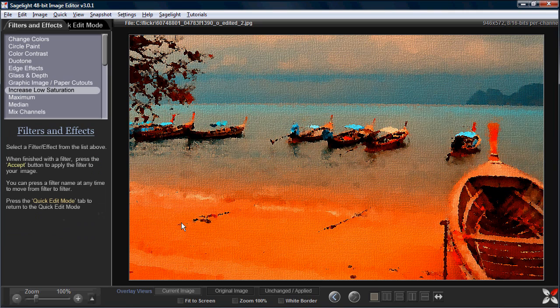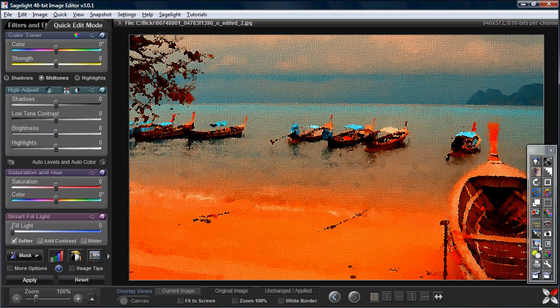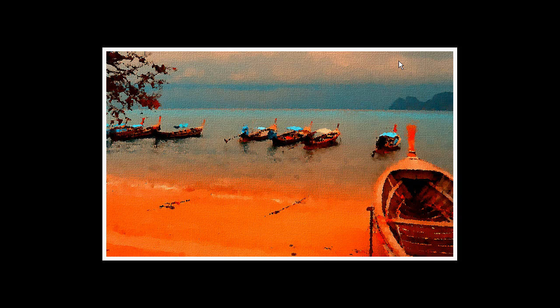So you can see that looks pretty interesting there, or even with oil paint or what have you. It can really make a difference, especially if you're doing something more graphic like this circle paint here, than if you just use the natural color. So it's a really nice way to do artistic